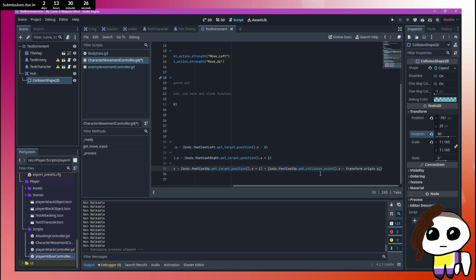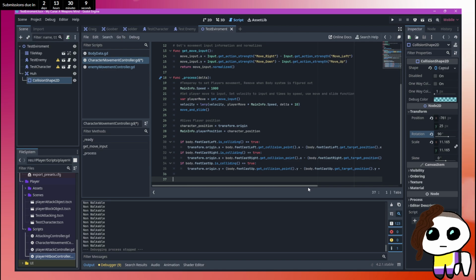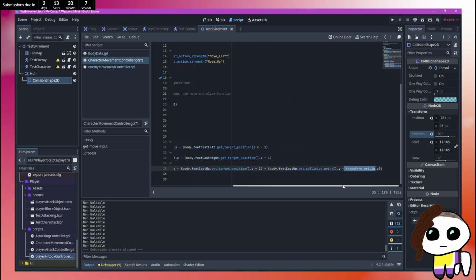These two, to find the difference, is where this guy is down to the collision point. Because that is the difference between where this is and where this is. So maybe